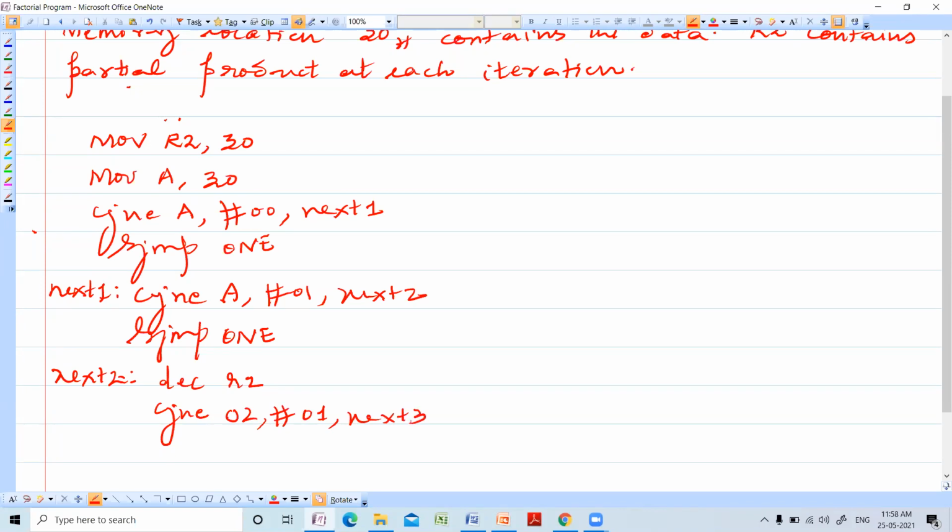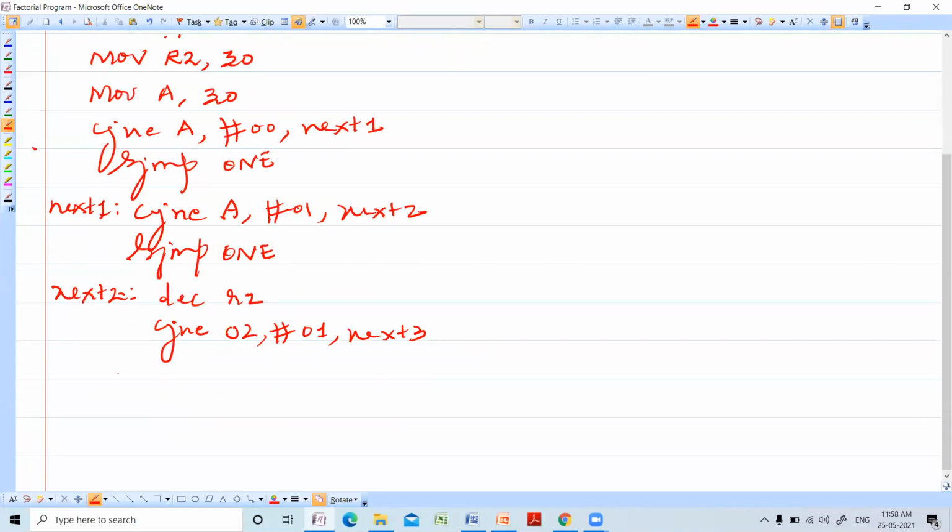Next 3. Suppose if it is so, SJMP some memory location, because if it is 2 factorial, that is why you are decrementing R2. If R2 is 1, if it is equal, the data is 2. So 2 factorial is 2 only. That you have to handle separately.